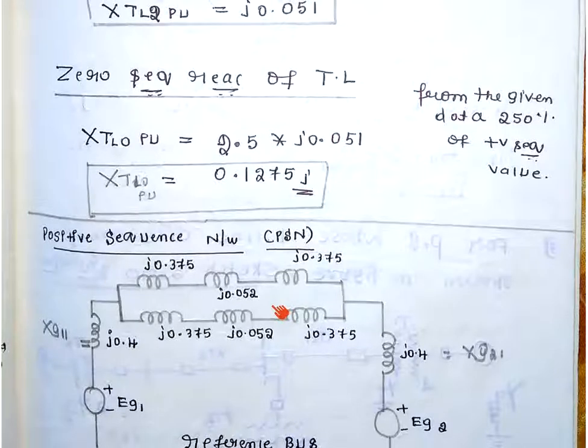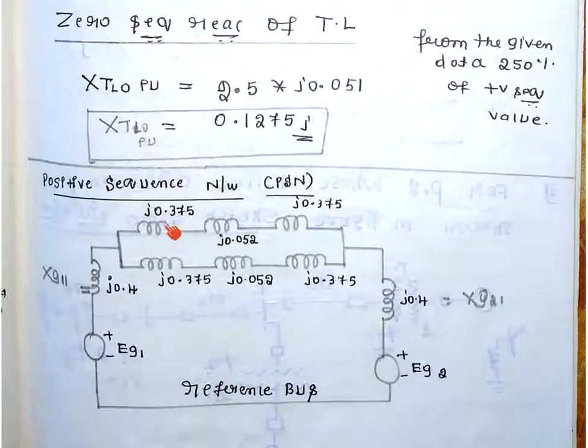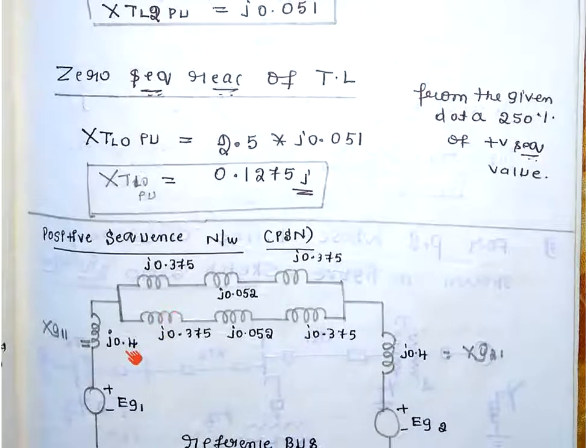Now, how to draw the positive sequence network? Similarly for the positive sequence network, you know the values for the transformer, transmission line, transformer. This again will be connected in parallel with the same values. Why is it so? For a symmetrical wound generator, it produces positive sequence components of voltages only. So here it is 0.4. Why is it 0.4? Because you need to add your neutral impedance also.